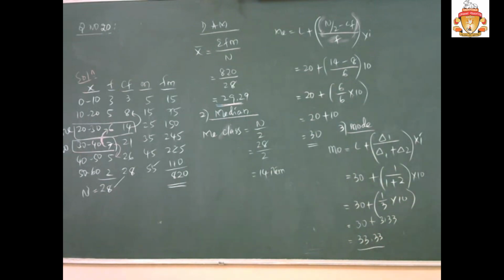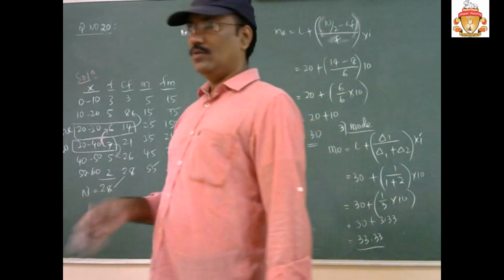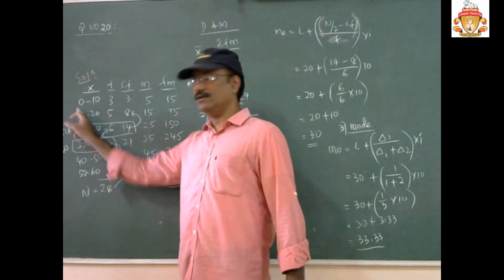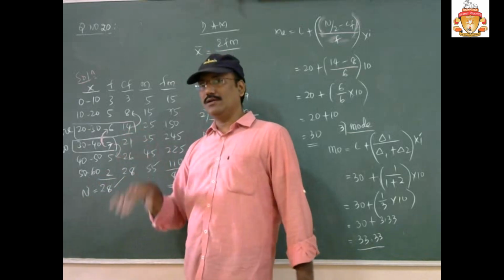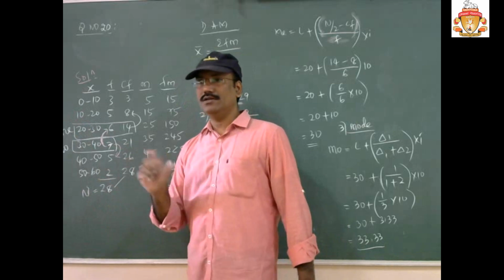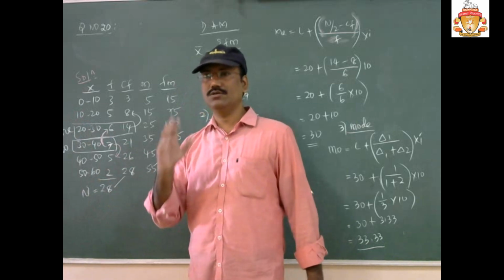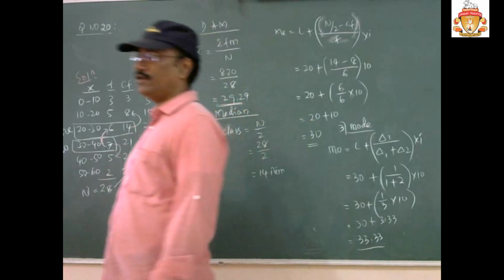So this is all about our question number 21. What is this question based on actually? In the case of an open-end class. Open-end class means the first class lower limit and the last class upper limit are not given. That is an open-end class. While solving the problem, you write the lower limit and upper limit here as per the deviation. So this is all about your question number 21.